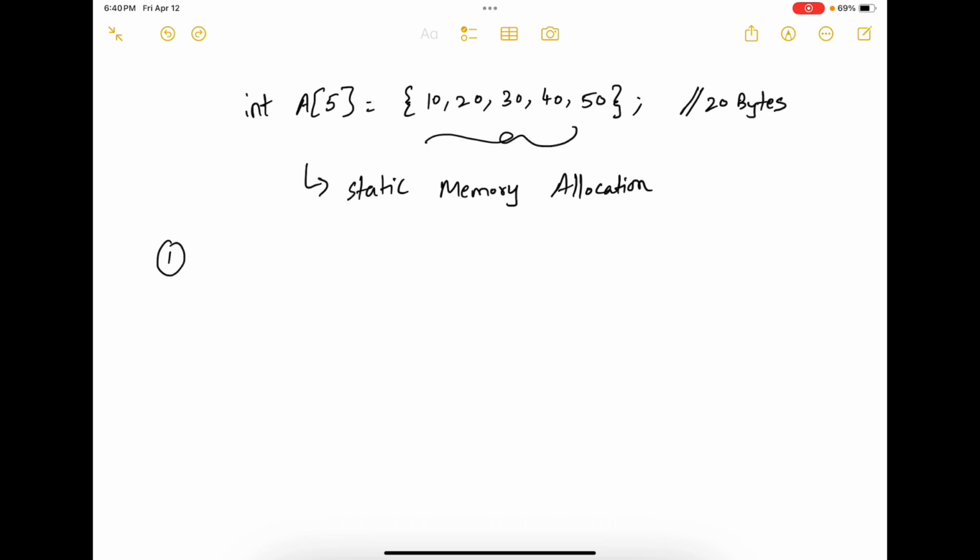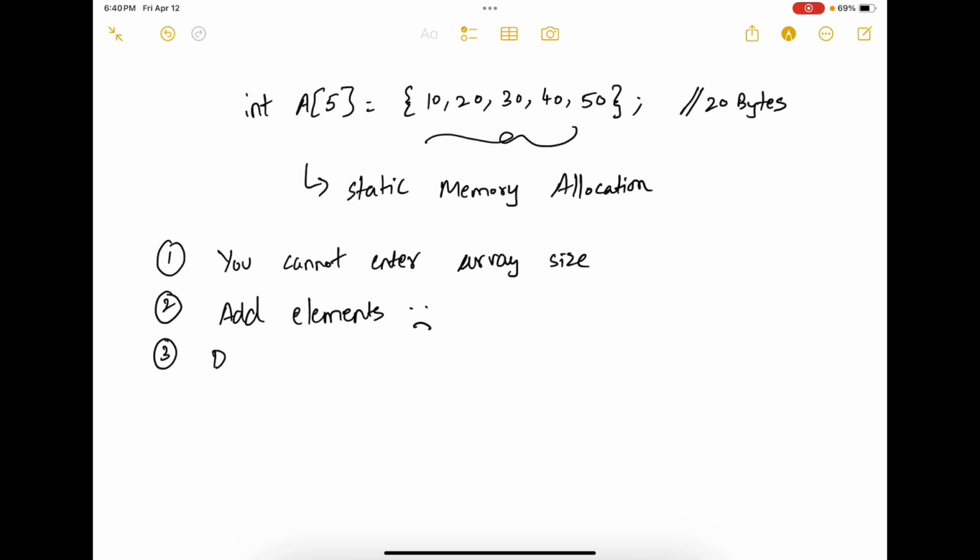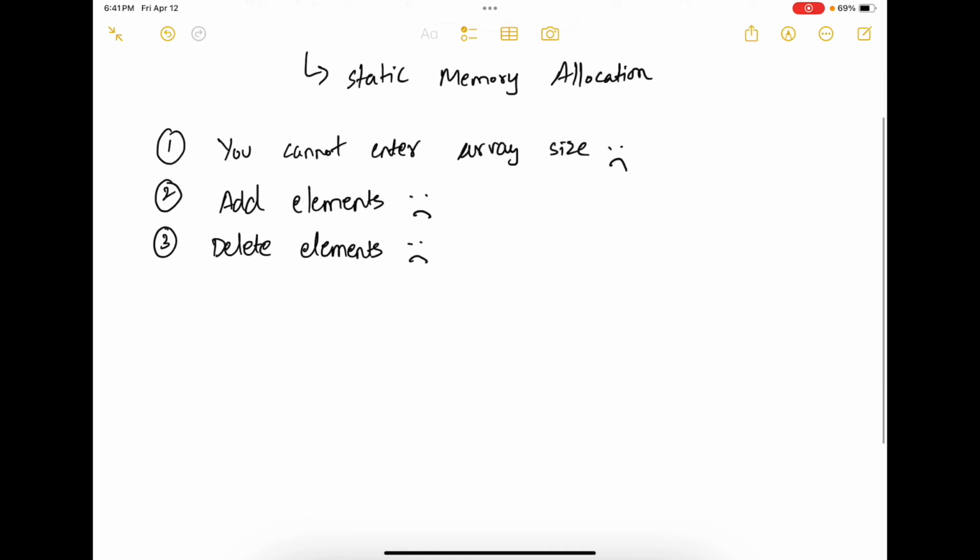You cannot enter the size of the array during runtime. That's problem one. The second problem is you are not able to add new elements to the array. Moreover, you are not able to delete any elements from the array. So three problems. The fourth problem is,